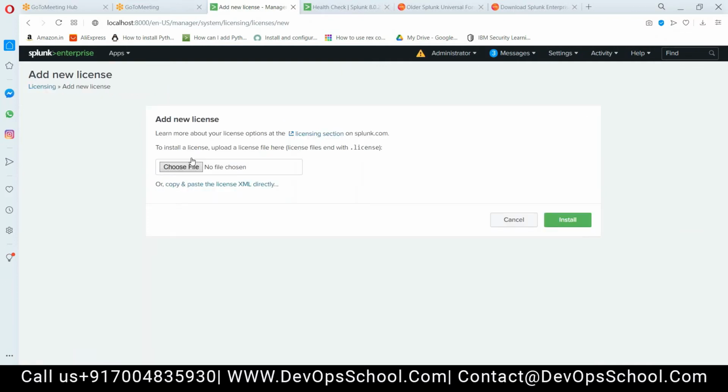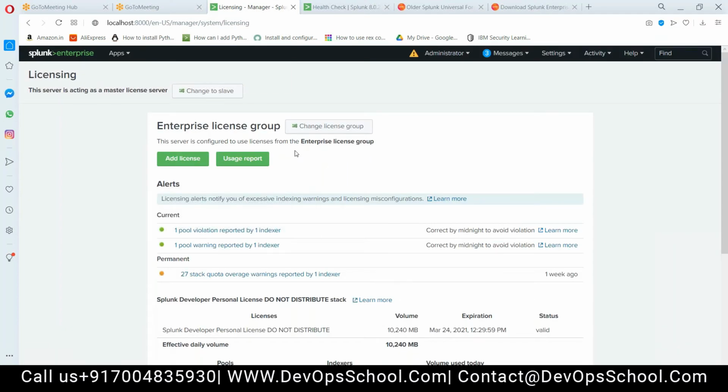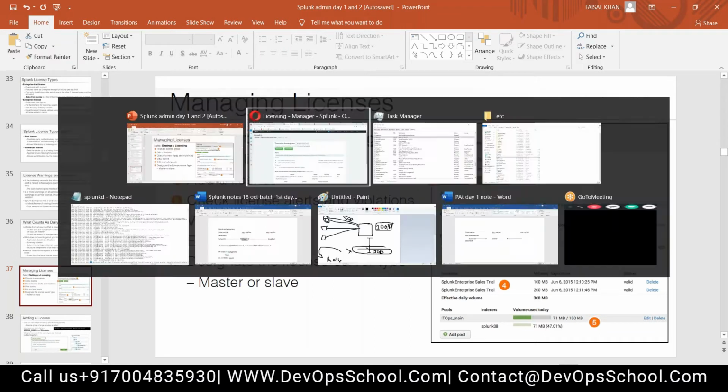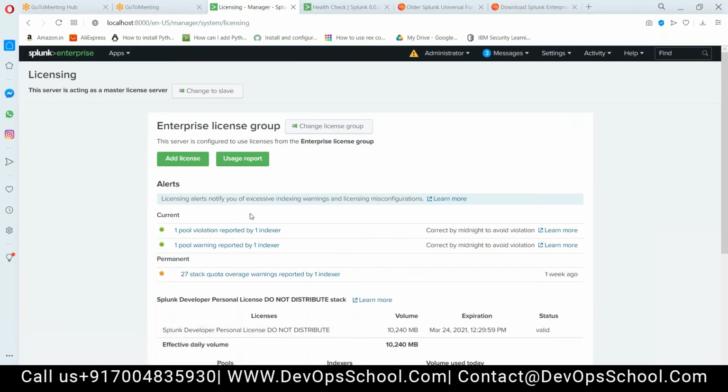Yes. So just come here and upload the license here. Your license will be uploaded and it will be installed. You will just need a restart. Then it will be installed there. Check license warning and violation. If you are having any kind of warning or violation, you will check it from here.